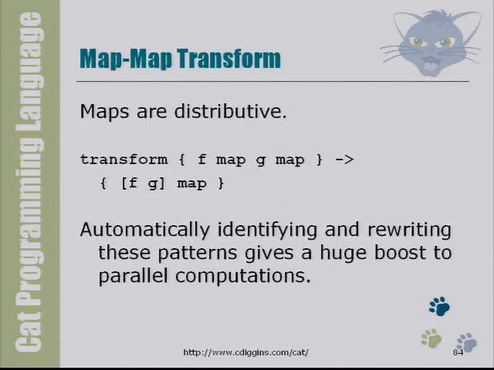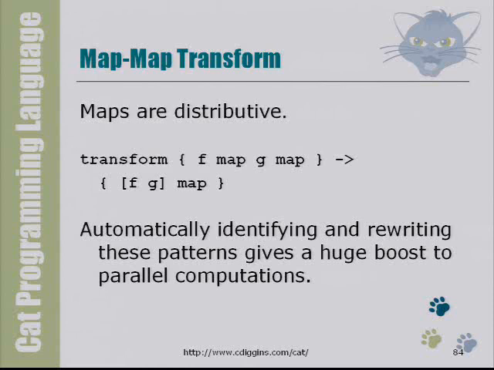Maps. How about the fact that maps are distributive? This is where things get interesting from my point of view. When I see code like fmap, gmap, as a human being I know I should have written it like this. But this can occur because of function inlining or whatever. But in Cat, we kind of save ourselves because we have a transform already written, which whenever it sees this pattern in code, after inlining, it produces this, which is obviously a lot quicker.